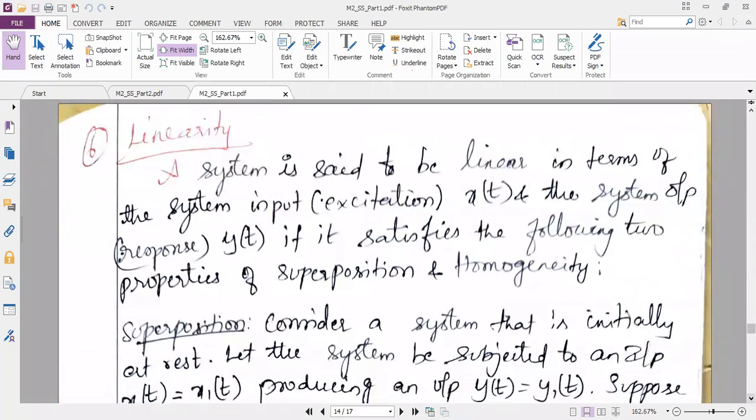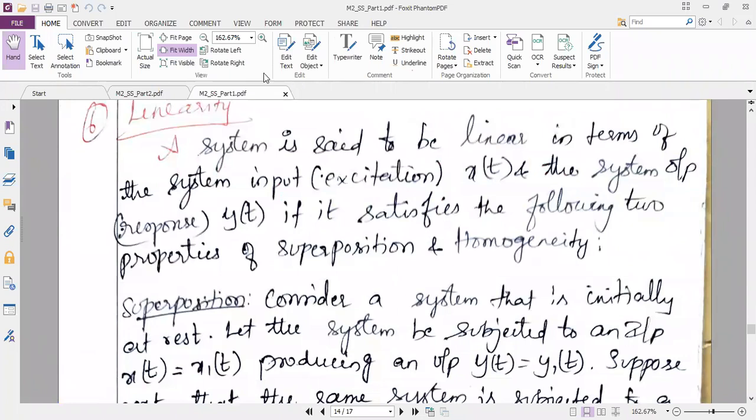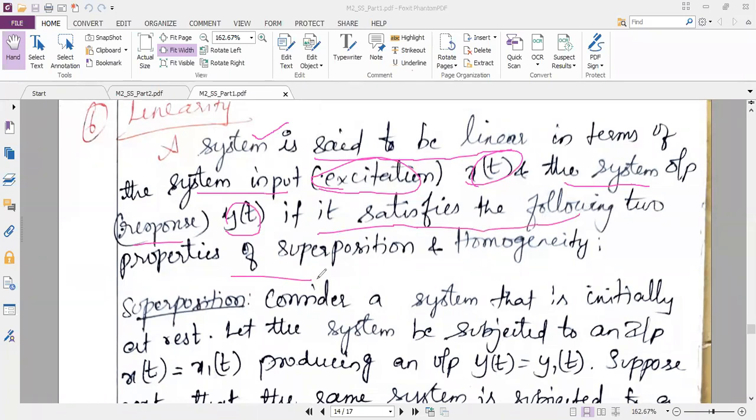Linearity property. So you can see here, to say my system is linear, it should obey two conditions. The system is said to be linear in terms of system input. So system input is x of t. The system input we can also call excitation, and the system output is y of t. The output we can also call response. So a system is said to be linear in terms of what? In terms of system input and system output, if it satisfies the two properties called superposition and